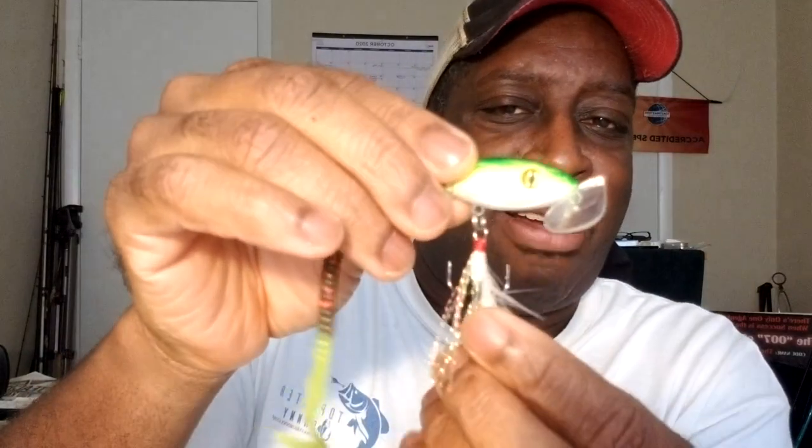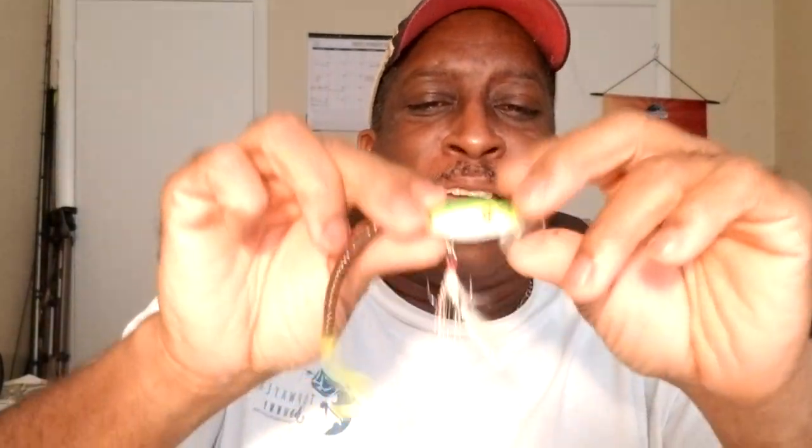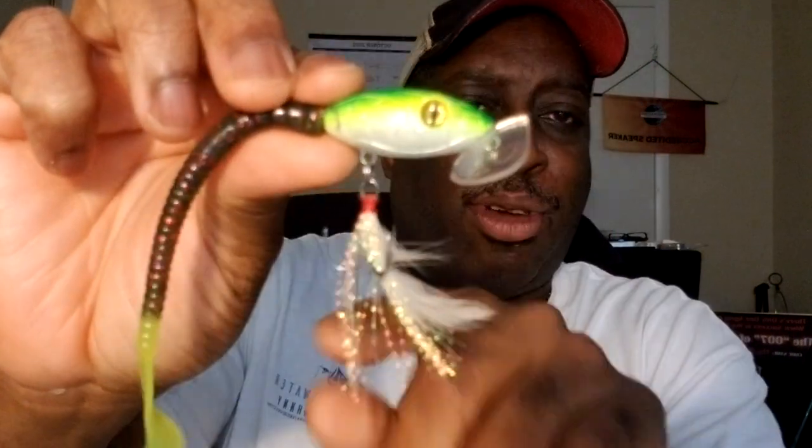Plus, as you can see here, I took the frog hook off, because the frog hook that they gave me looks like that right there. Let me show it to you guys here. That's what a frog hook looks like when you first buy this lure. So they give you one of these little frog hooks. However, I took that off, for fear of missing strikes, and then I put on an actual treble hook